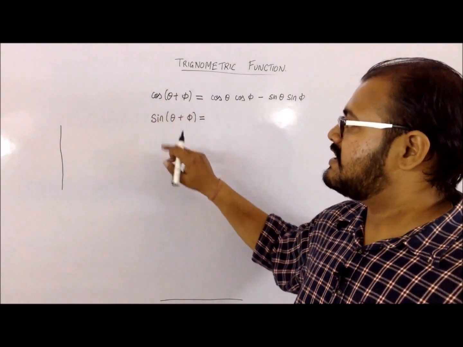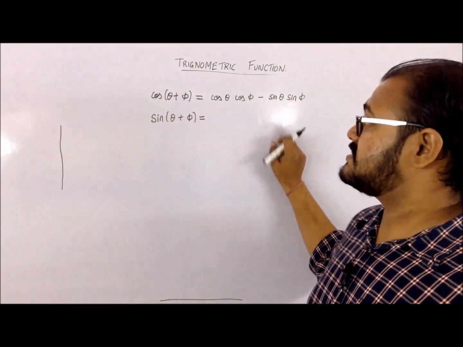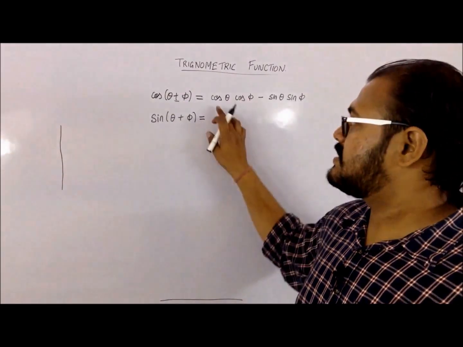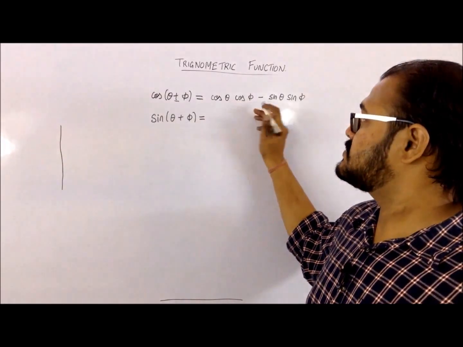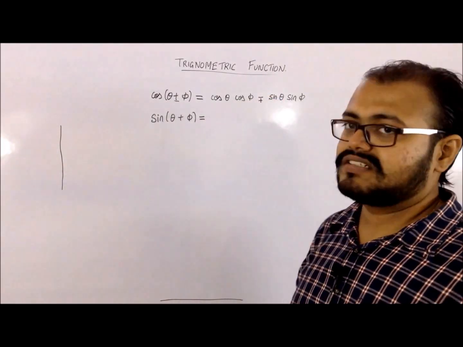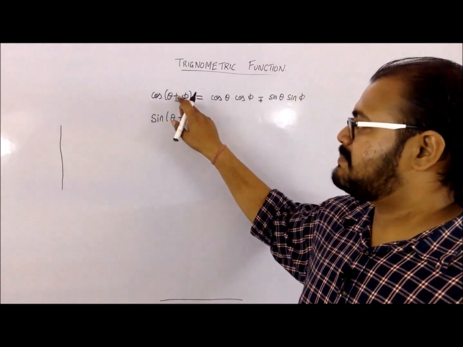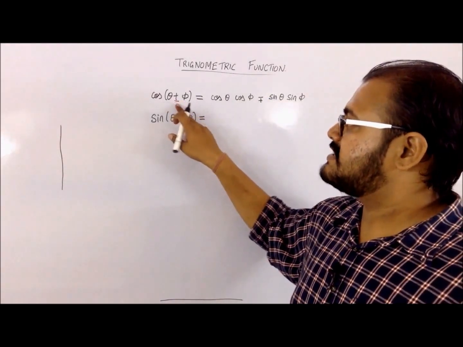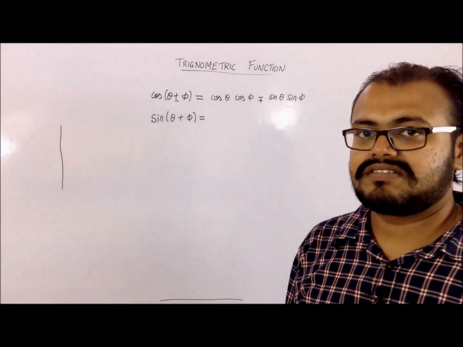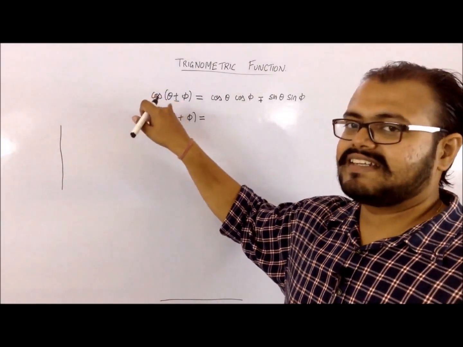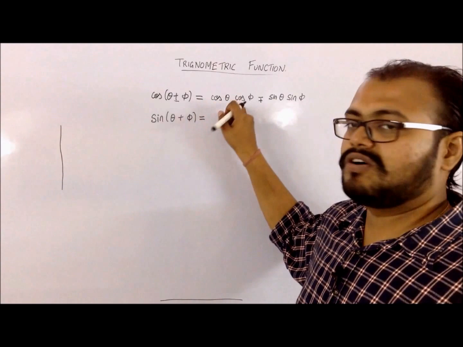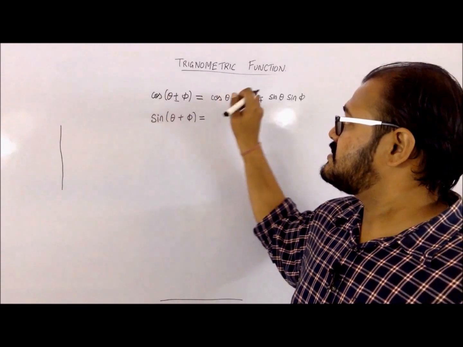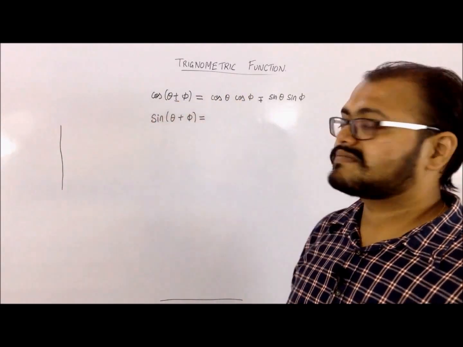If I want to find cos of the subtraction of the two angles, it will be cos theta cos phi plus sine theta sine phi, the same terms, only the sign changes. What you have to remember is that when it is a plus, it gives a negative sign in between, and if it is a minus, it gives a plus. So for the cos of addition and subtraction, the terms involved are cos and sine of the angles. If it is a plus, it gives a minus. If it is a minus, it gives a plus.